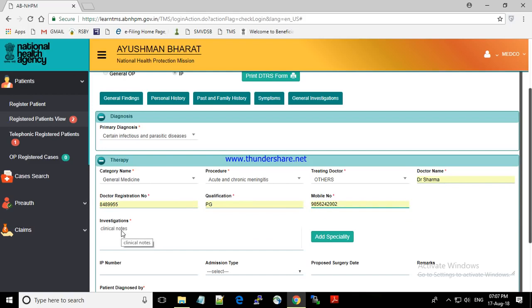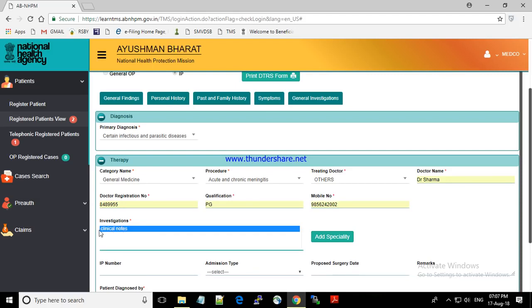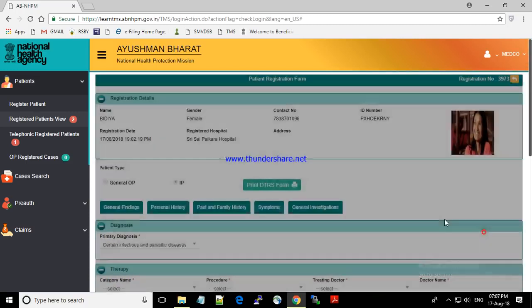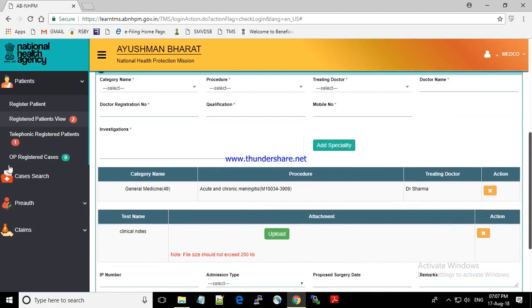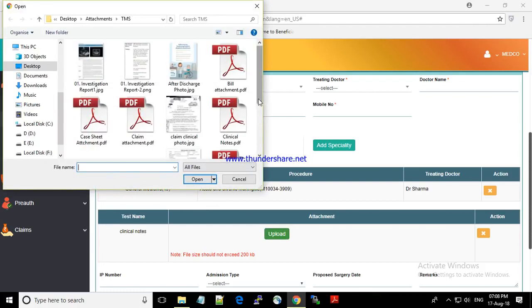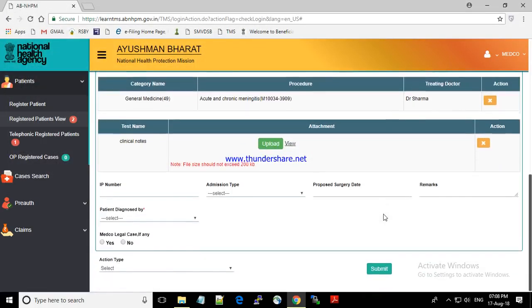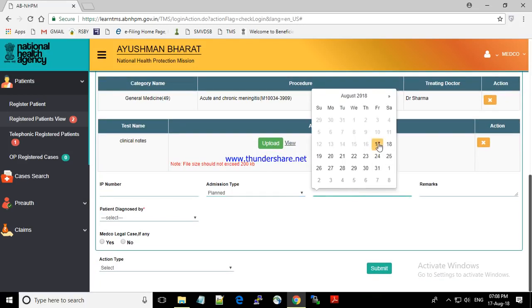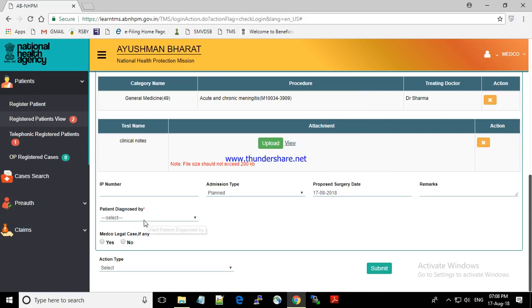To select the investigation, click on the investigation which has to be selected. Like for example, in this case, clinical notes have to be added, and click on add specialty. Specialty added successfully. Here we can see the category and the procedure which is to be used, and upload the clinical notes. Fill in the IP number, admission type, proposed surgery date, patient diagnosed by,